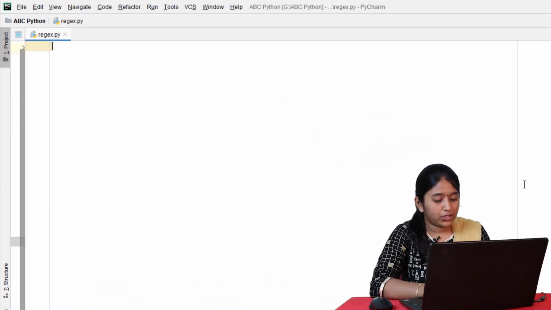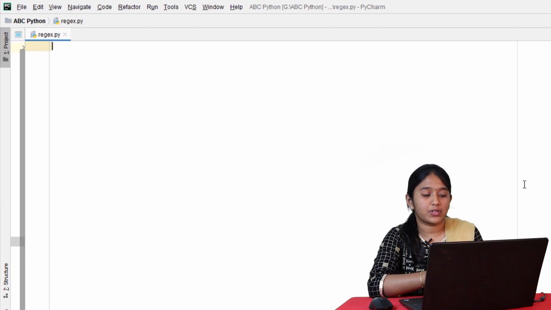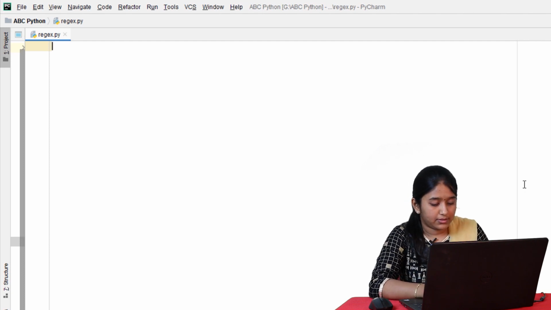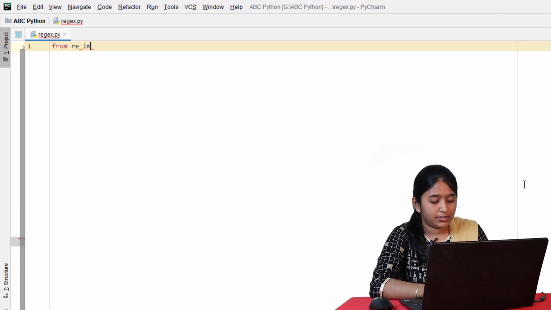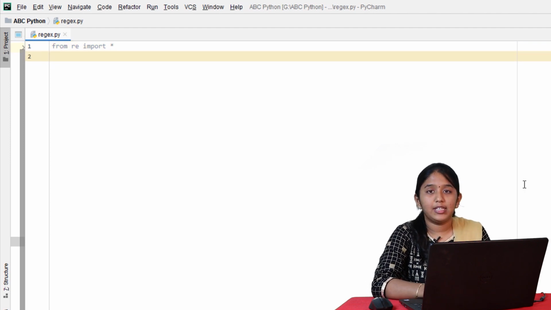Now let's look at how to create a regular expression in Python. So firstly, you need to import the re module. re denotes regular expression. From re import star. And then first let's create the pattern.